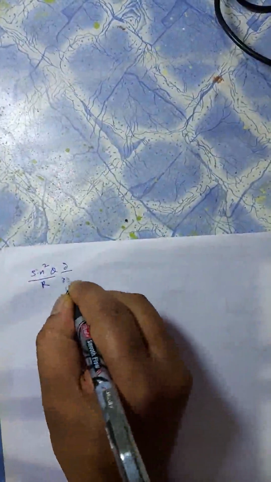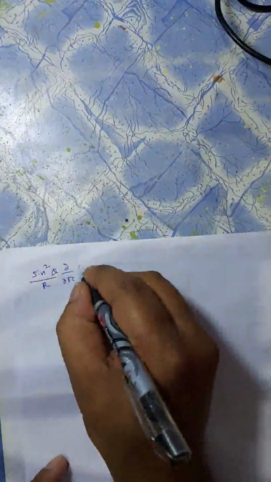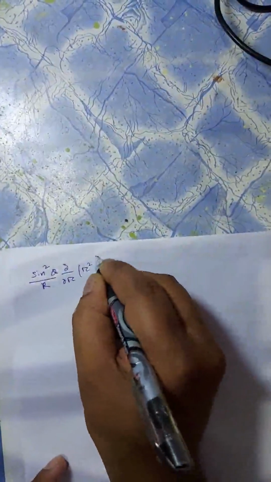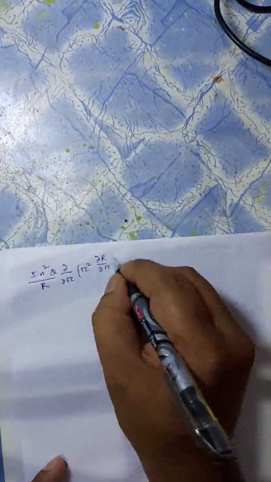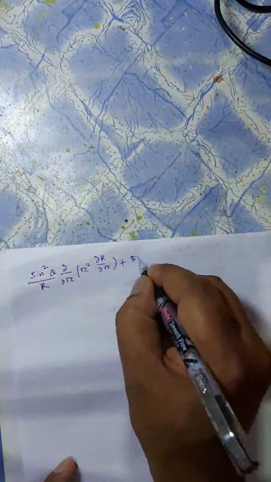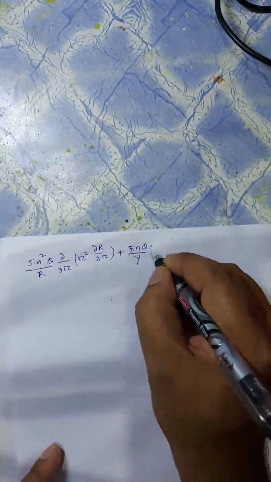Sine square theta by R, then dou by dou r, r square dou R by dou r, plus sine theta by Y, sine theta dou Y by dou theta, whole of